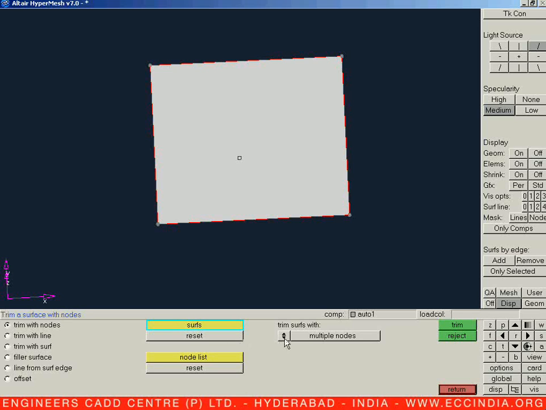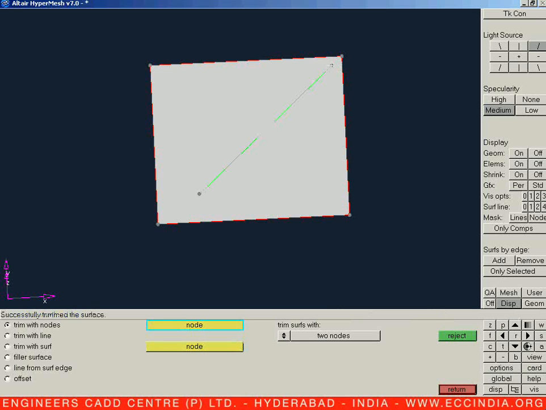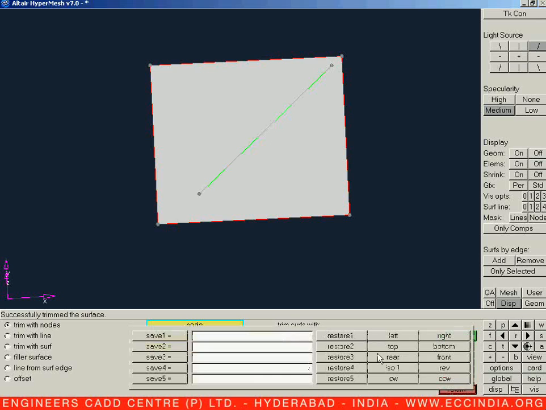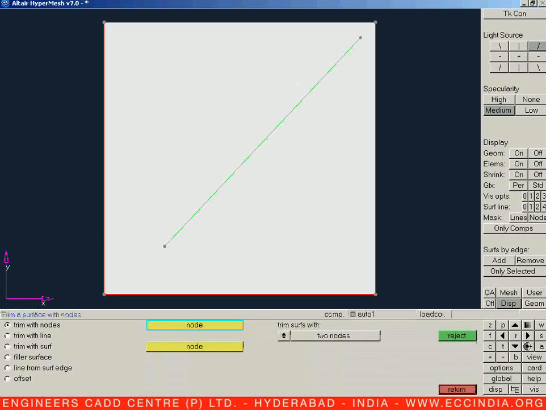So first is trim your area with the help of nodes. In that we have two options. One is trim the area with the help of two nodes. Another is trim your area with the help of multiple nodes. So first we are going to see with the help of two nodes. Let us select on your area according to the desire, the first node, and suppose I need a second node over here. Once we select the second node, it will divide your area into two along that particular line. Let us pick the first and pick the second. It will divide your area along that line in two ways.